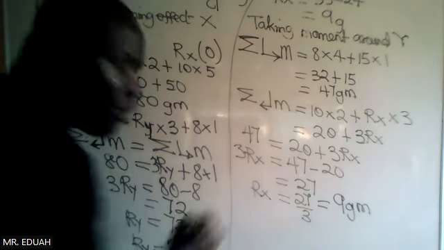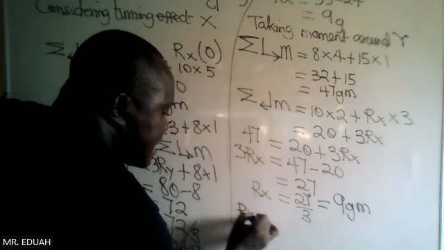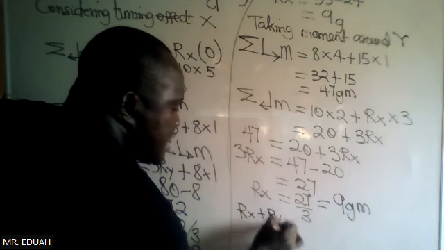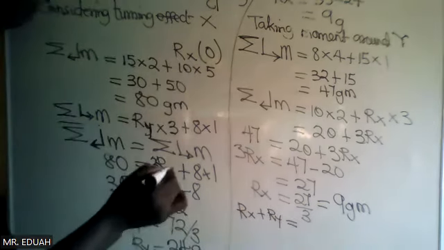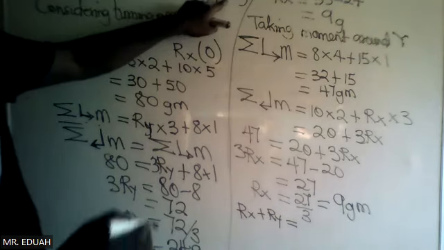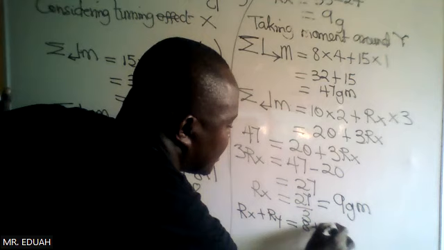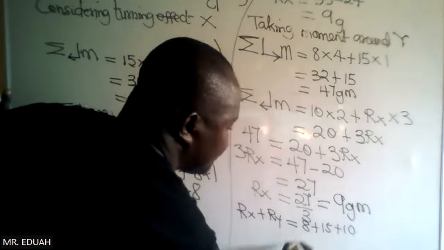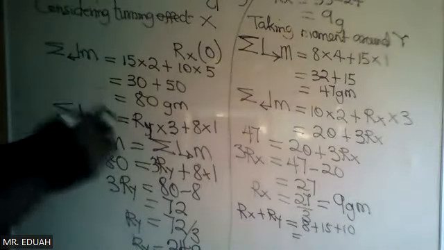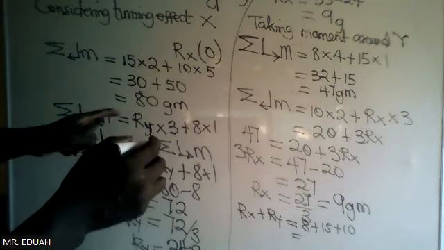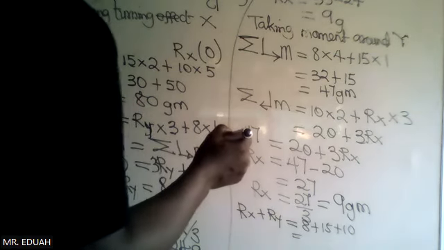So I know Rx plus Ry must be equal to 8 plus 15 plus 10. So they must all sum up to 33